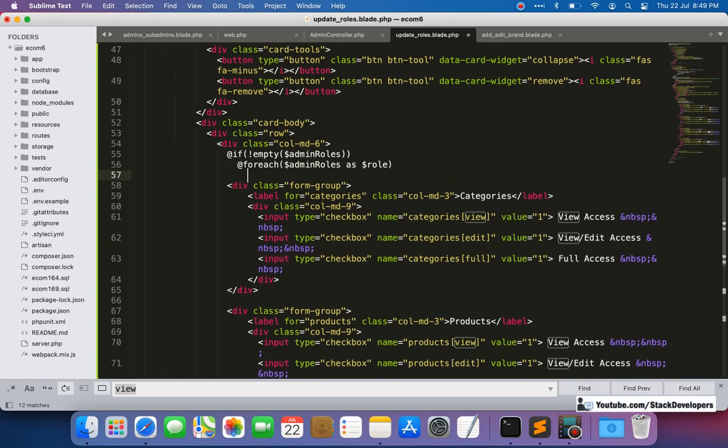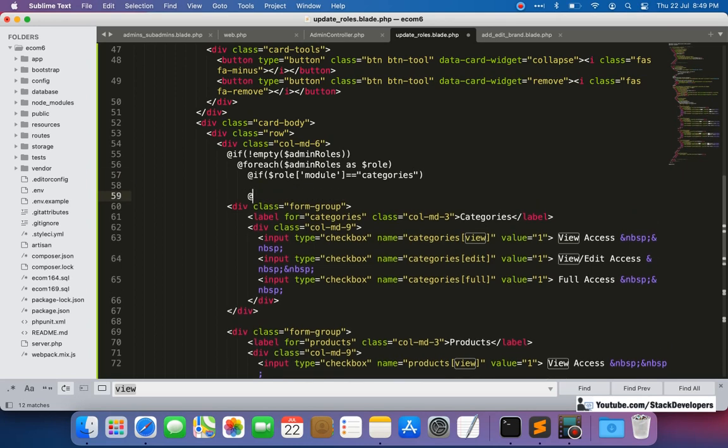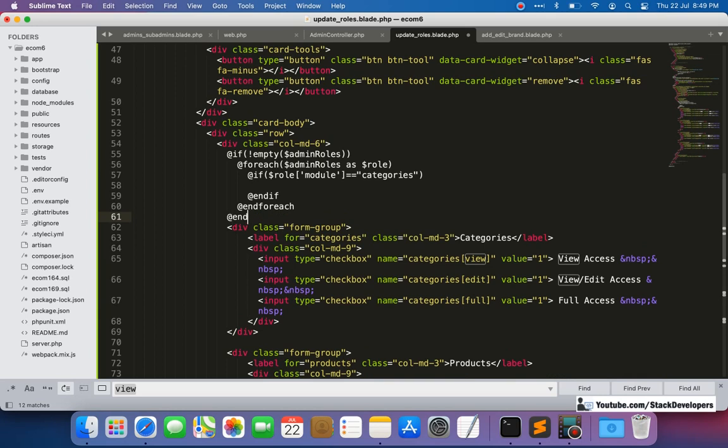So first of all, we are going to check here if $role module equal to categories. So first one is the categories. We are going to check for the categories. See, it will come inside this one. Here I'm going to use the endif, and here endforeach, and here also endif.